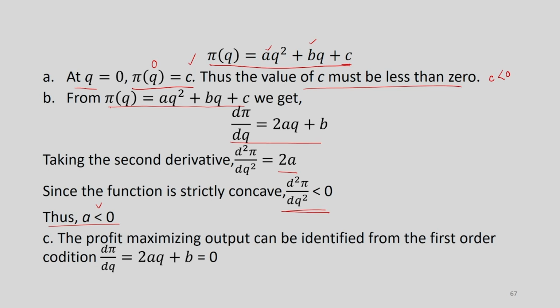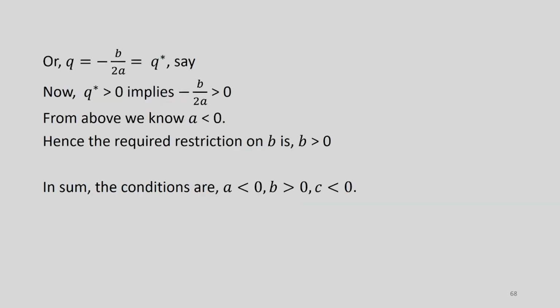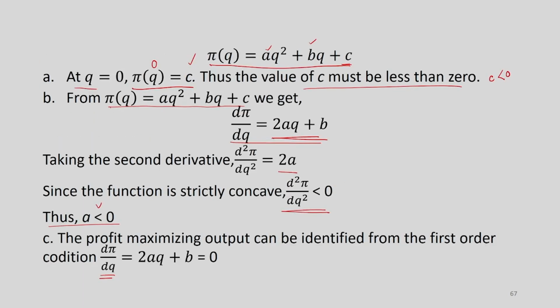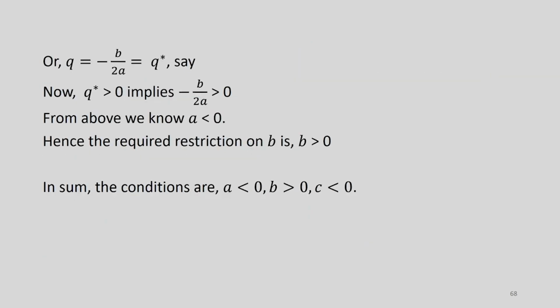So, we have to maximize this profit function. The profit maximizing output can be identified from the first order condition, that is the necessary condition d pi dq should be equal to 0, and that basically means this: 2aq plus b should be equal to 0. So, from that condition we express q as a function of these parameters. So, q will be equal to minus b divided by 2a, and that is equal to q star, let